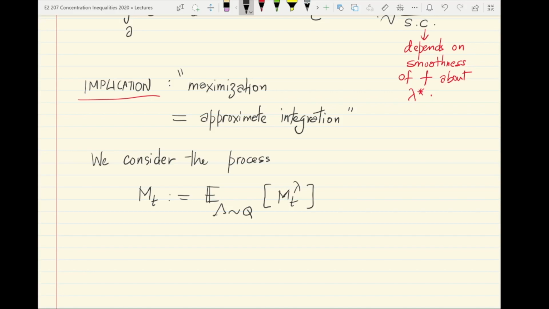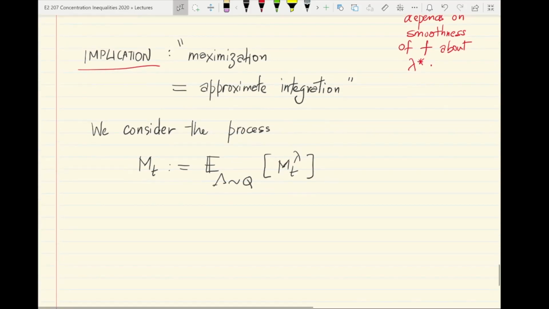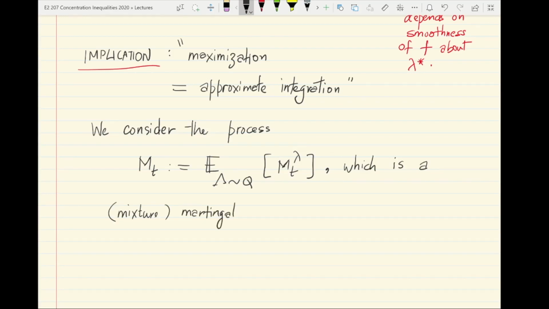Okay, so what this is doing is basically integrating or mixing across martingales M_t^λ, and the convenient fact here is that this is actually a martingale itself because it's the average of a bunch of martingales. Okay, so it retains the martingale property